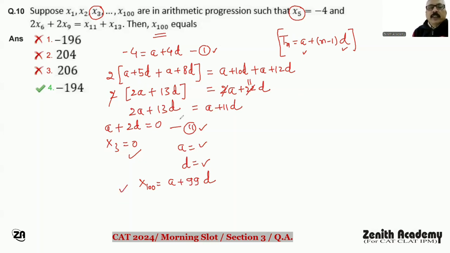लेकिन इसको आप गेस कर सकते हो, क्वेश्चन यहीं से खत्म हो गया। लुक हियर, x3 एंड x5 गिवन है, x5 इज -4 गिवन है, x3 आपने अभी निकाला 0। तो आप x1 ऐसे निकाल सकते हो, 0 में 4 ऐड किया आपने, 4 आ गया। और दो टर्म्स के बीच में -4 का डिफरेंस हो रहा है, तो एक टर्म के लिए कॉमन डिफरेंस क्या होगा, -2। तो आपका फर्स्ट टर्म 4 हो गया, जिसे कि आप a कहते हो।